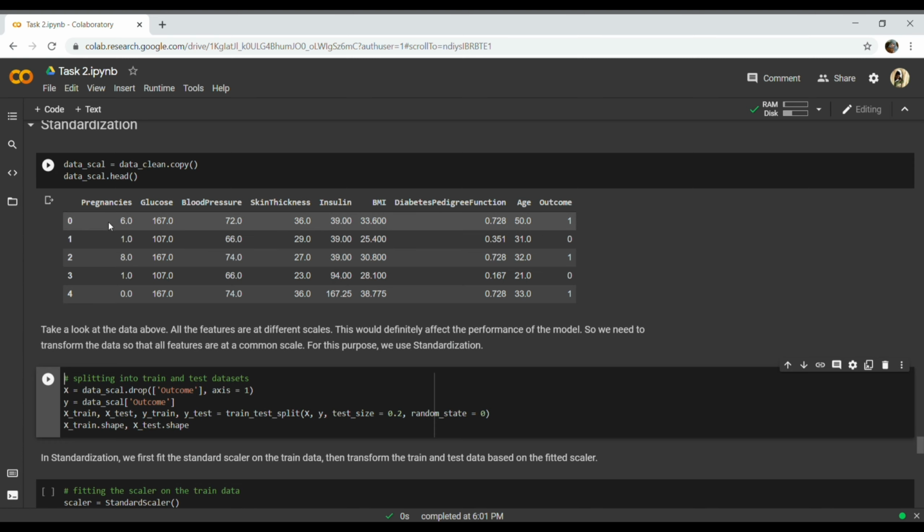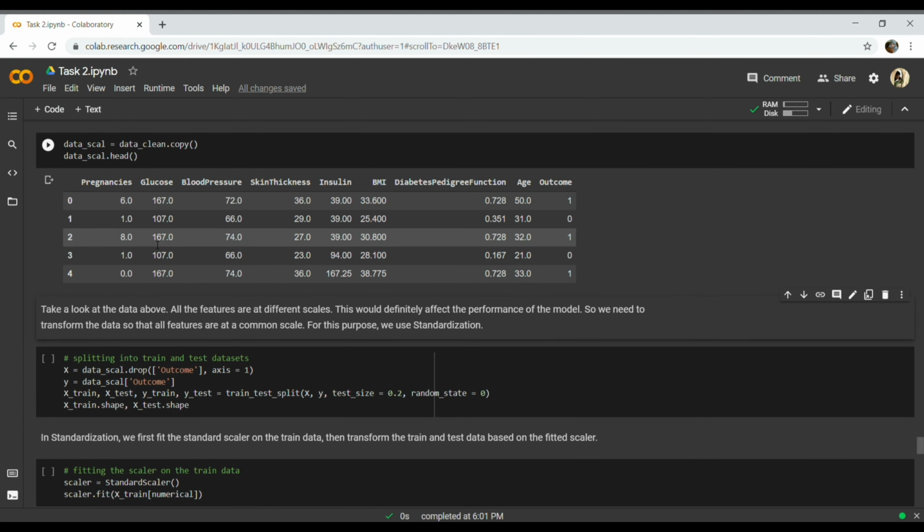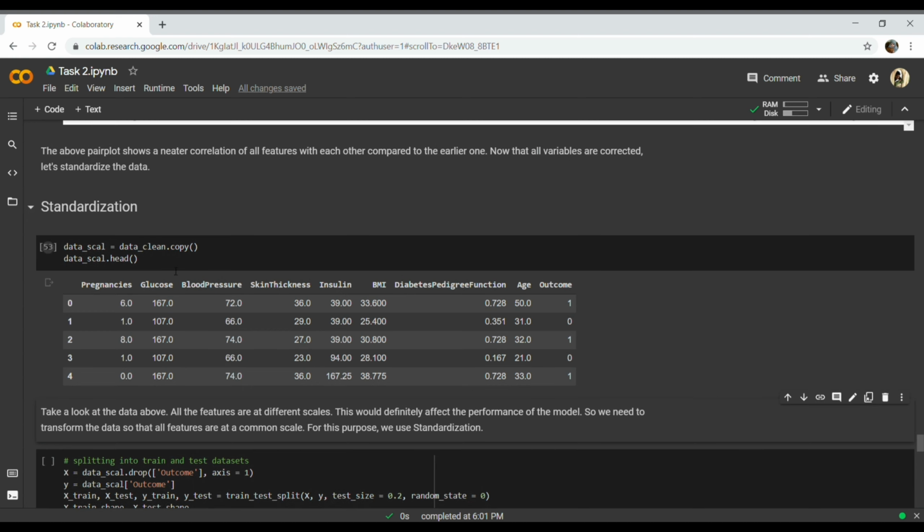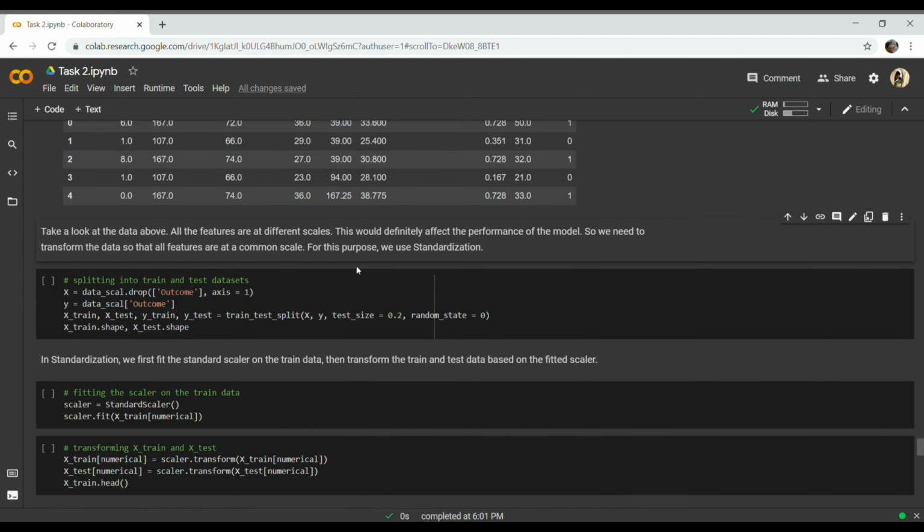We can see all the values are inconsistent in each row. Like one is higher, one is smaller, one is extremely high, one is extremely low. So this sort of inconsistency will definitely affect our model. So we need to bring all of these values to a common scale, to a common standard scale. So that's why we move to standardization.